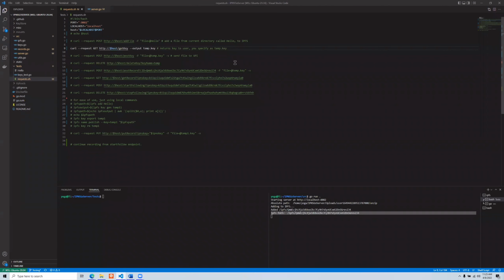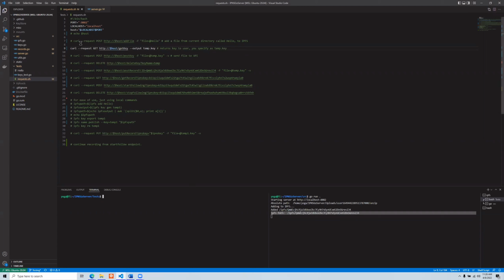All right. The next thing that we're going to want to do, before we can publish anything to the IPNS network, is we need to have a key to be able to do that. So we can sign off on the request to prove that it is us, and also to claim ownership of that record. That'll also help us in the future for being able to republish the record through the server. So we've got to request that key first.